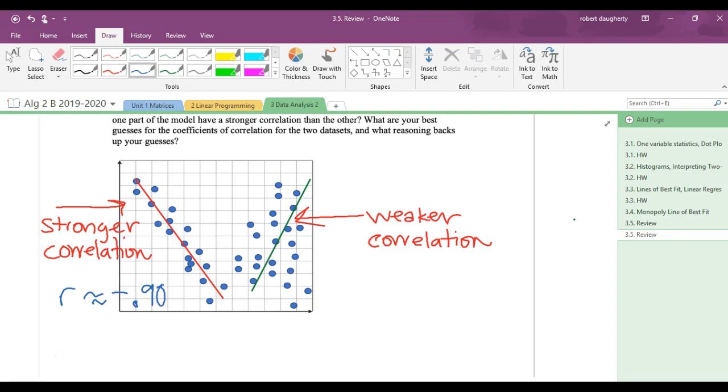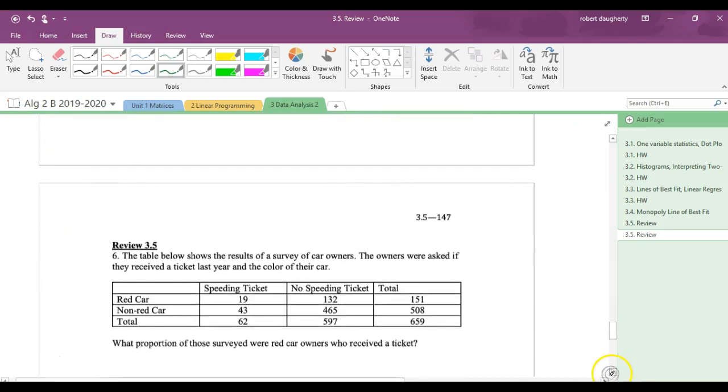So it's pretty good. Now, whatever I guessed here, the number over here is going to have to be a positive number, and if this is 0.9, this is weaker. So maybe you call that 0.80. Like I said, the numbers don't matter here. What I'm looking for is a negative number on the left side of the data set and a positive number on the right side, and this shows stronger on the left side. And that should be it for the, oh no, there's one more